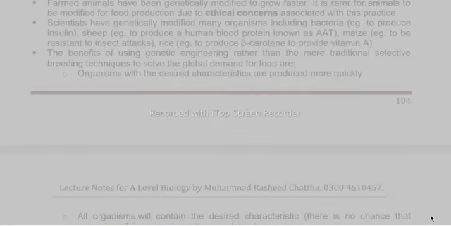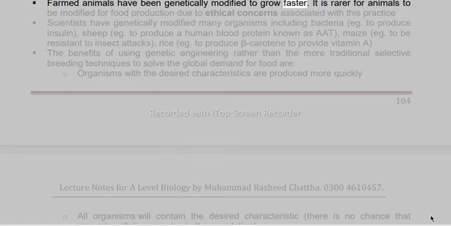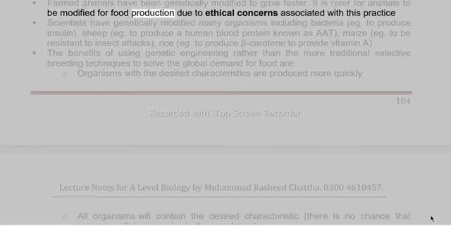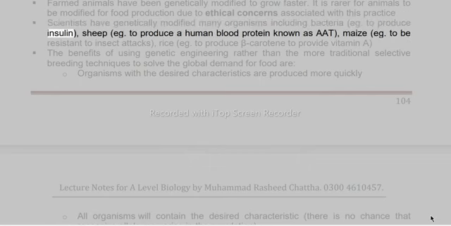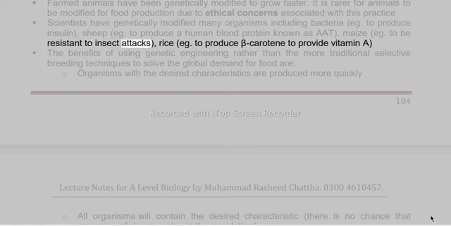Farmed animals have been genetically modified to grow faster. It is rarer for animals to be modified for food production due to ethical concerns associated with this practice. Scientists have genetically modified many organisms including bacteria, for example, to produce insulin; sheep, for example, to produce a human blood protein known as AAT; maize, for example, to be resistant to insect attacks; and rice, for example,